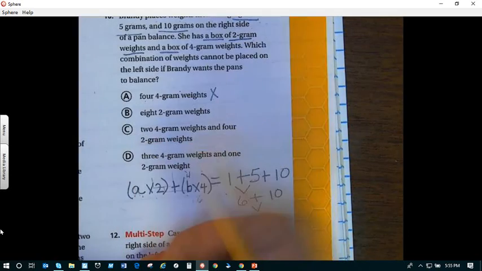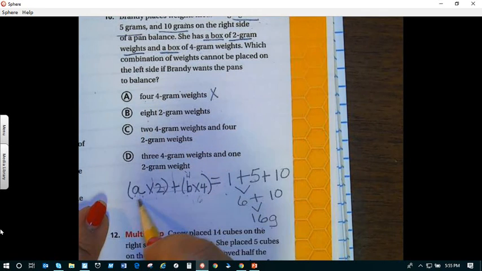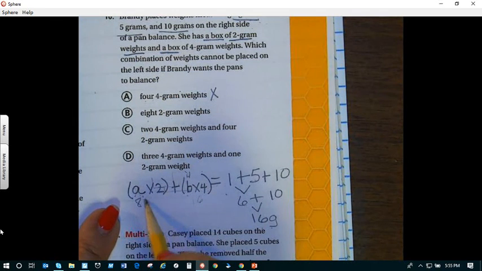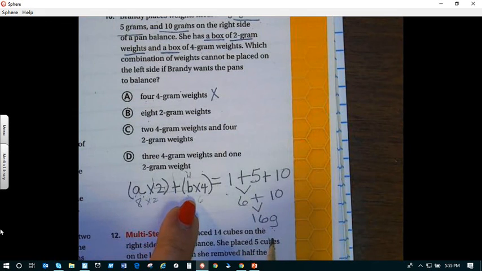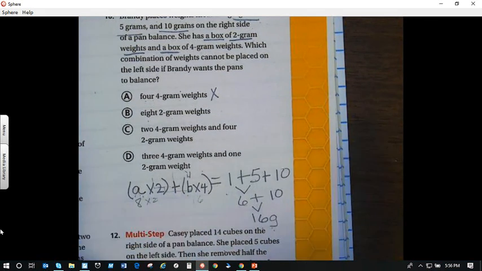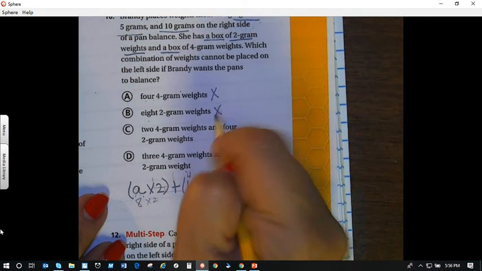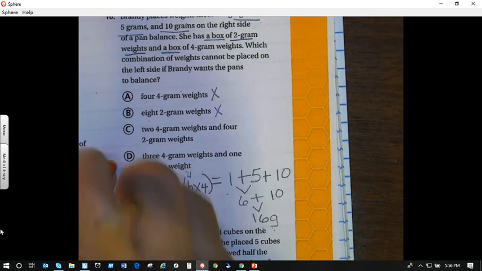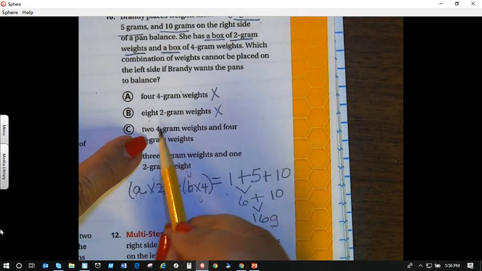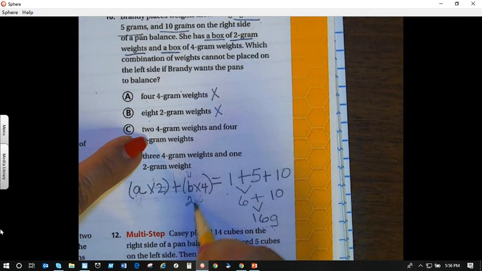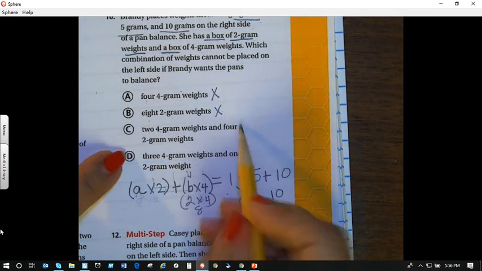All right. Now she has 2 grams. So I have 8 as my A times 2. That equals 16. But what about my 4-gram box? So this doesn't work either. So it says, well, if I use 2 4-gram weights, so this will be 2 times 4, that's 8, and